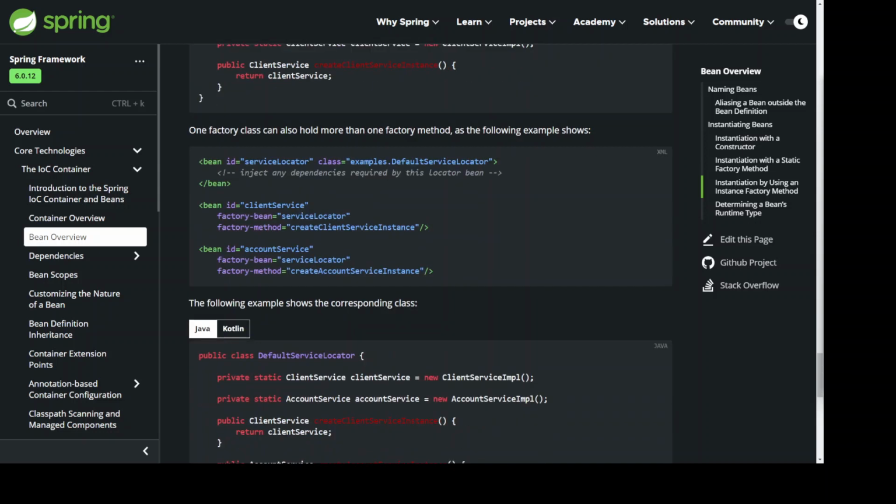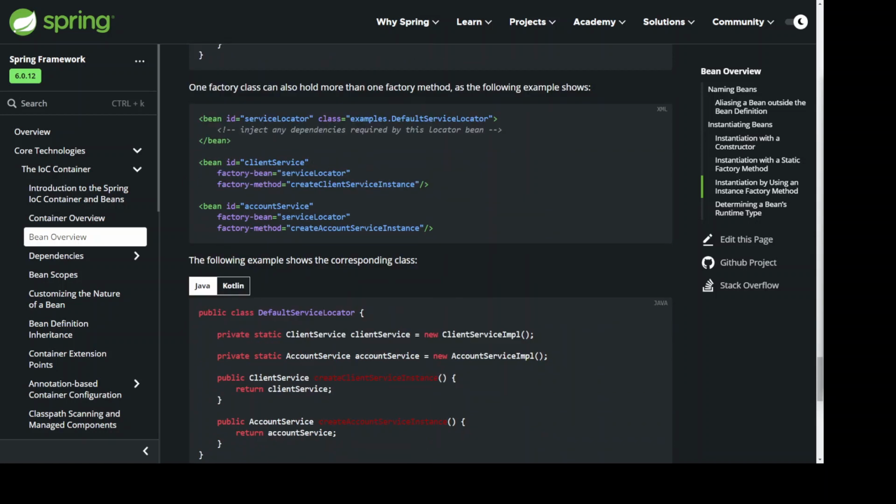One factory class can also hold more than one factory method, as the following example shows. Inject any dependencies required by this locator bean. The following example shows the corresponding class. public class DefaultServiceLocator { private static ClientService clientService = new ClientServiceImpl(); private static AccountService accountService = new AccountServiceImpl(); public ClientService createClientServiceInstance() { return clientService; } public AccountService createAccountServiceInstance() { return accountService; } }